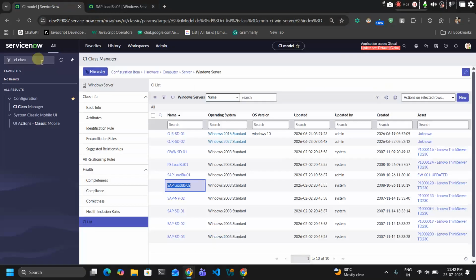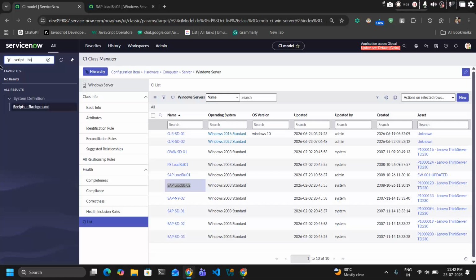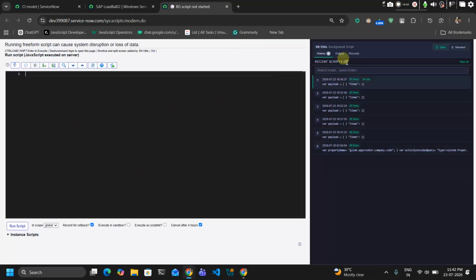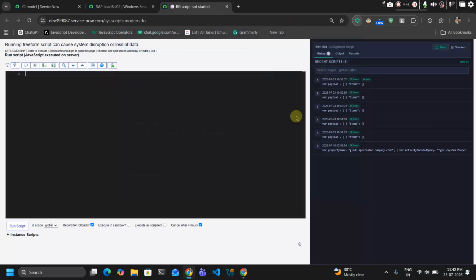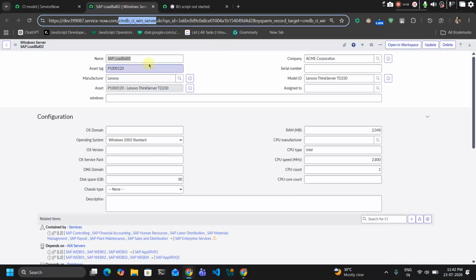So here it works with a background script. Script hyphen background. If I open this in a new tab, this is the black theme I got from SN Utils. I used to choose a black theme, so that's the reason it's showing as black. Fine. So here I previously have the code. Let me paste it, and here